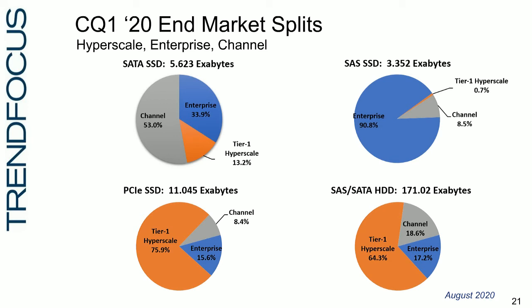And then for hard drives, again, I mentioned earlier the vast amount of exabytes that ship each quarter for SAS and SATA hard disk drives, over 170 exabytes just in Q1. Hyperscale does dominate the exabytes for that as well. When you're selling storage devices at just over 1 penny per gigabyte, that's hard to compete with other technologies, even in the foreseeable future. If we look at it from a unit base, just for some color here, it's about 50-50: 50% of the units go to traditional enterprise customers, 50% of the units go to hyperscale, but we're looking at it here in exabytes.